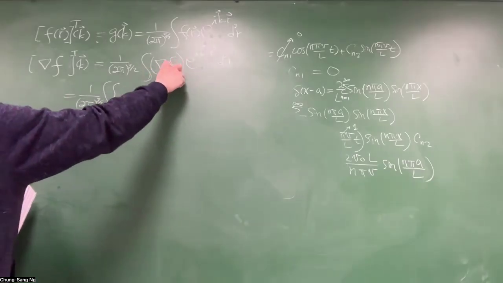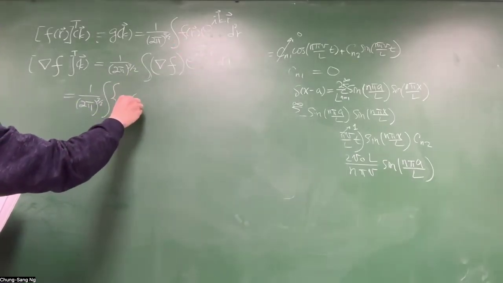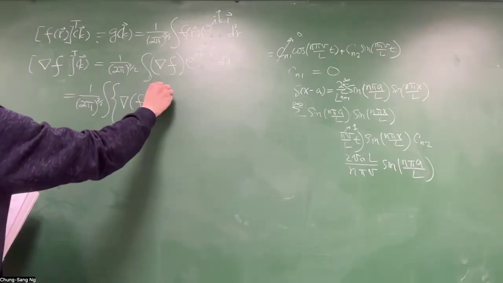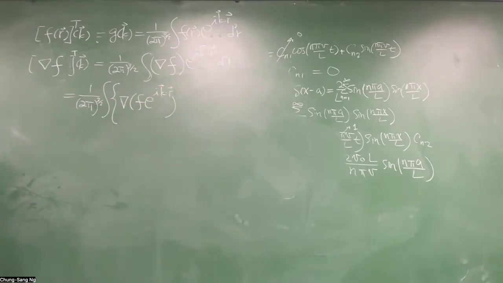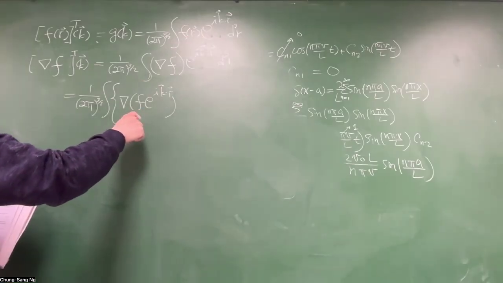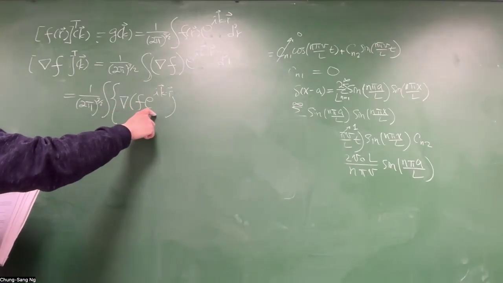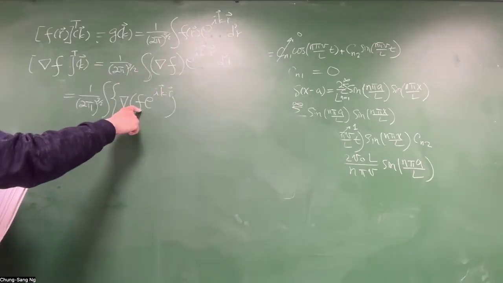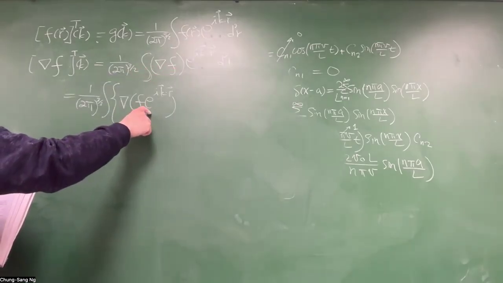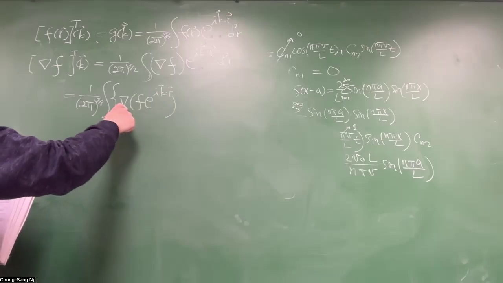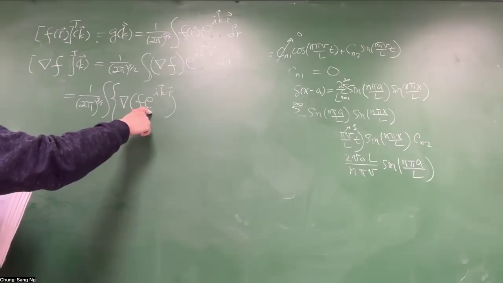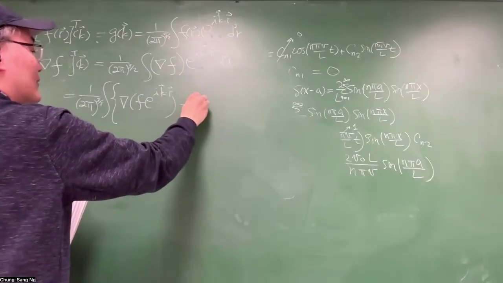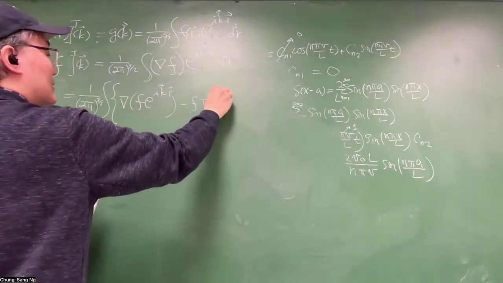You have a gradient of the whole thing, gradient of that. And now you need to subtract something, because the gradient of this one gives you this one, because you operate on the first vector and keep the second vector as a constant vector. And then the second term will be taking the gradient of the exponential function. So you need to subtract that part. You subtract F gradient of